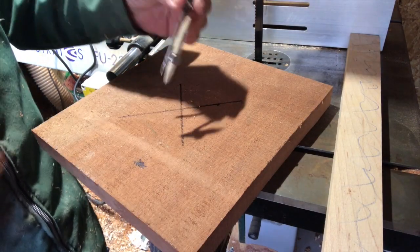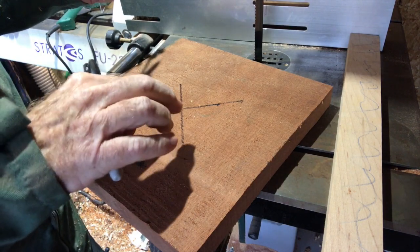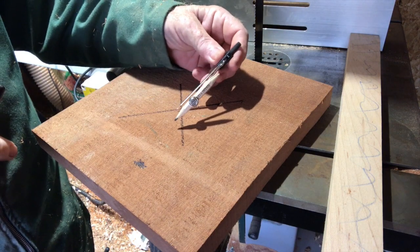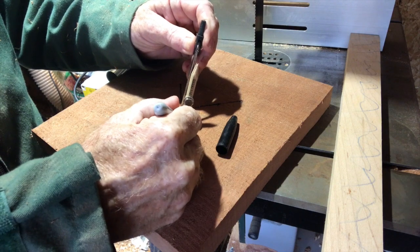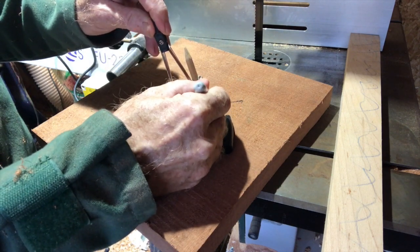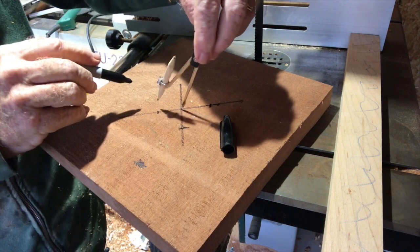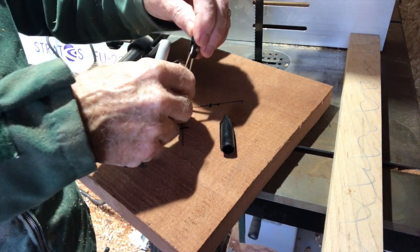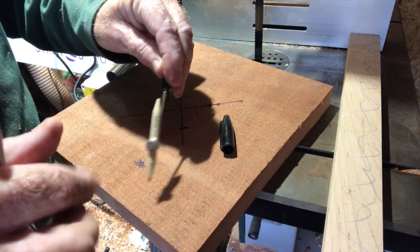Right, I have my compass, and the glued chucking point I'm going to put on is 60 mil across. So I put that at 33 millimeters just to give it that little bit more, and all I'm going to do is just mark off where we need to place the point. What we then do is find its optimum diameter,